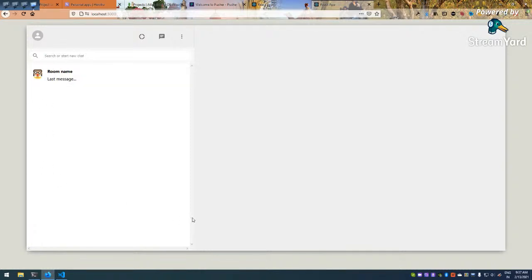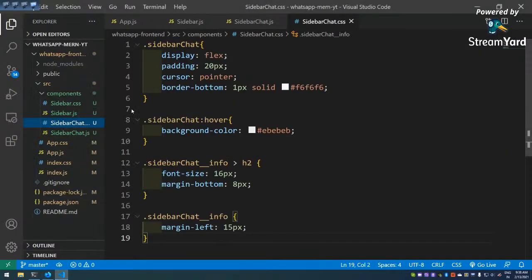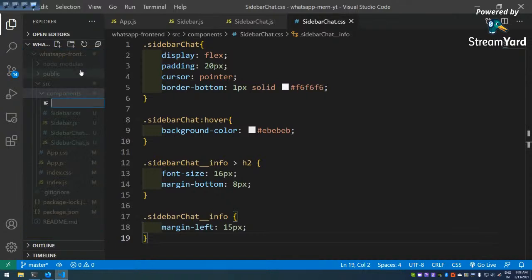Okay, so that's cool. So the next thing which we are going to do is we will work on the chat now. Chat is this whole thing which is remaining now, so we'll start working on that. For that we are going to have a chat component. Okay, so chat component, go back, and here in components this is